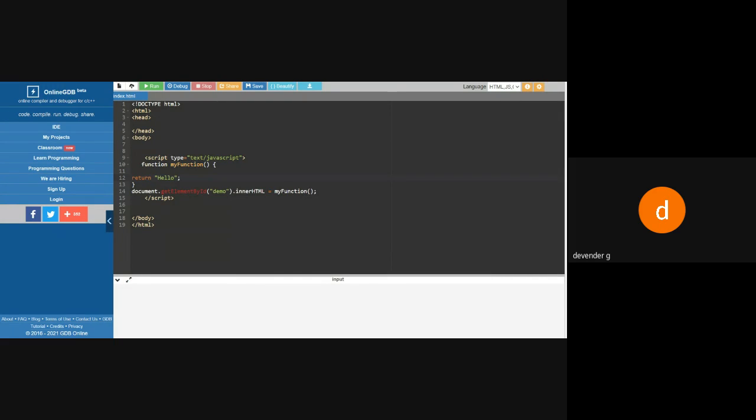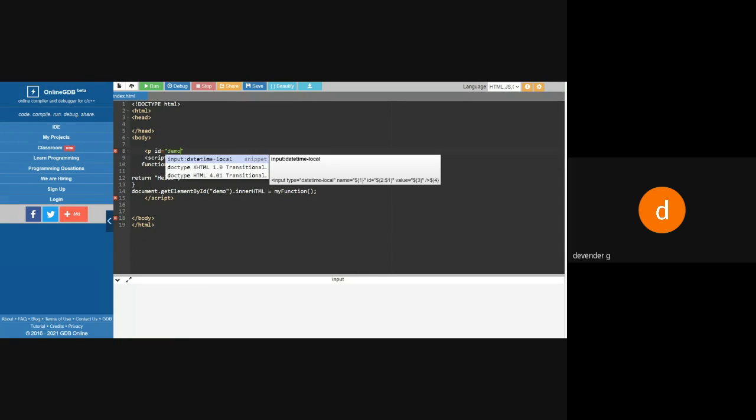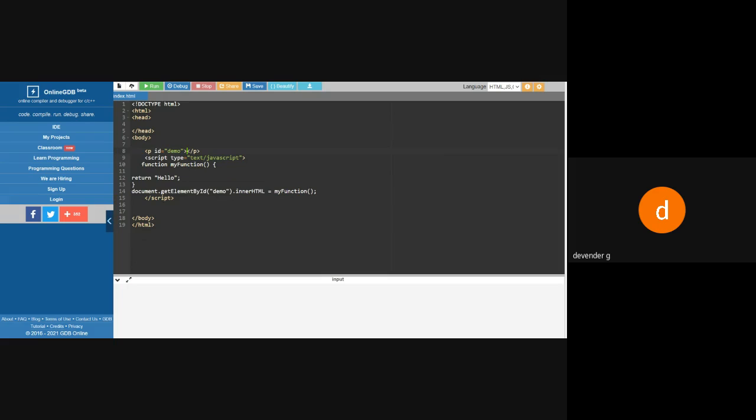Now I'll be getting one button. So input, or simply you can say paragraph, open the paragraph, and I'll say id is equal to demo, and close the paragraph. Now we'll see the output should come in the paragraph.